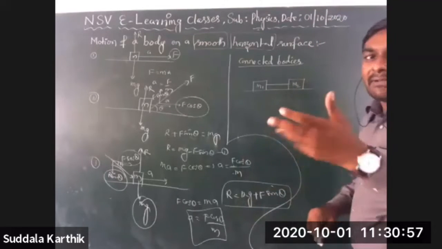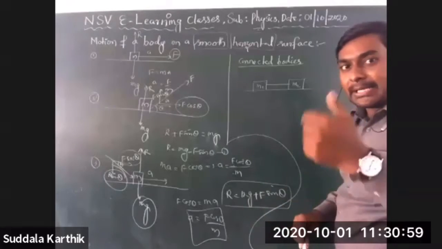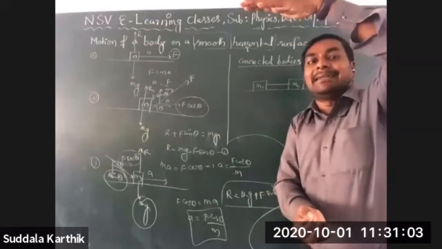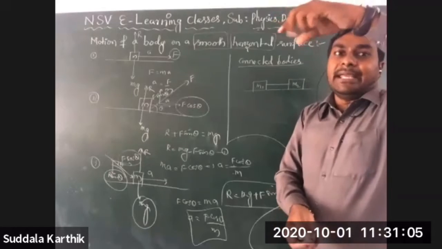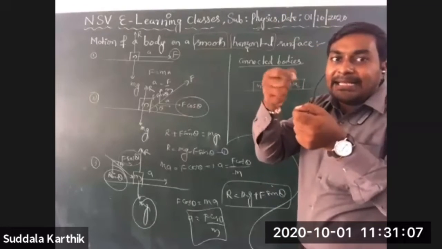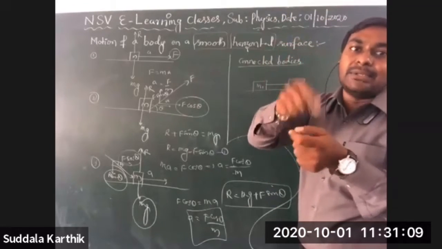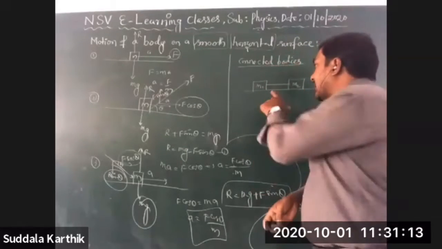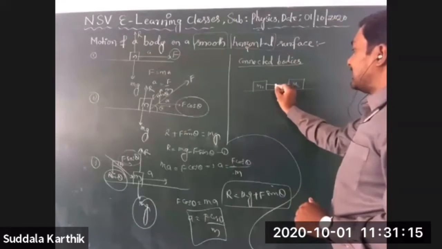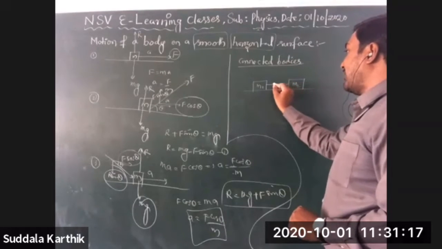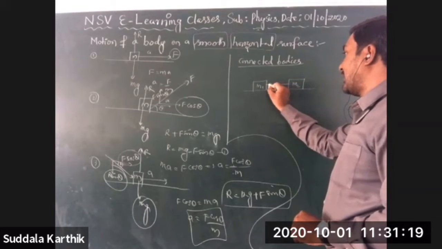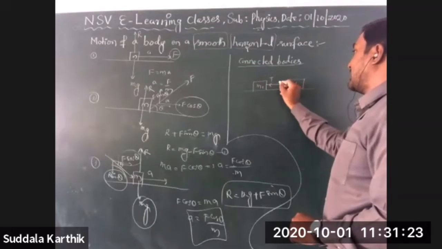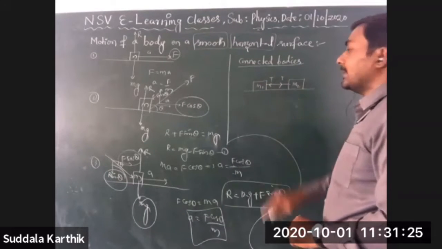The tension force is developed. I told you already what that is: if you attach any mass to any string, then internal forces are automatically developed inside the string. Those are simply called tension forces. So here the tension is developed in this direction, and due to this one, the tension is developed in this direction as well. That is also equal to T.